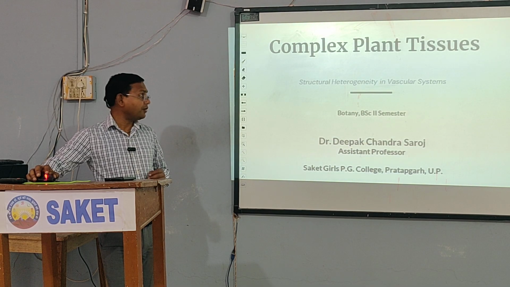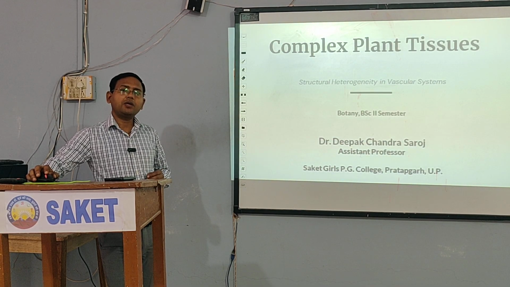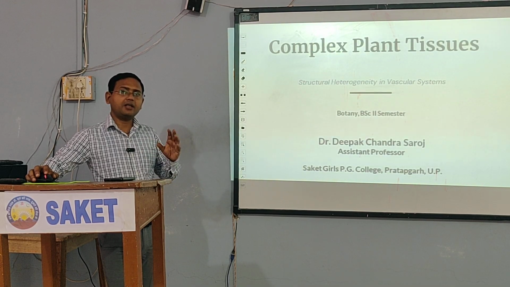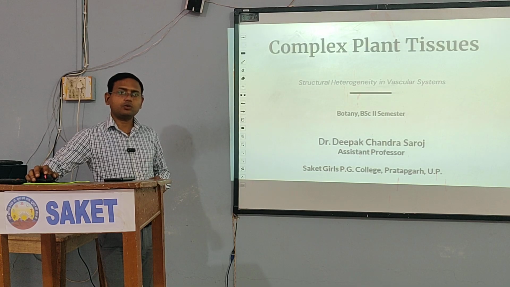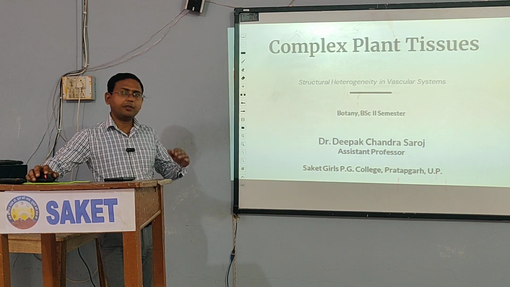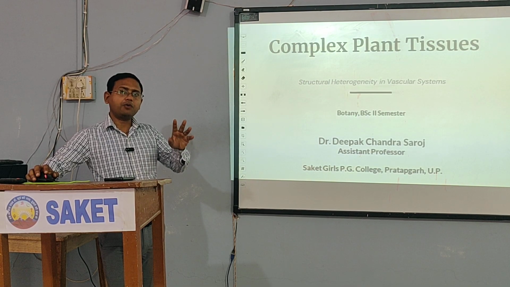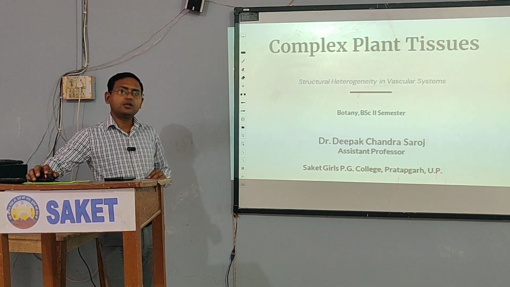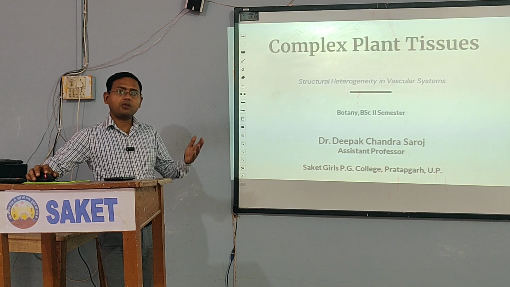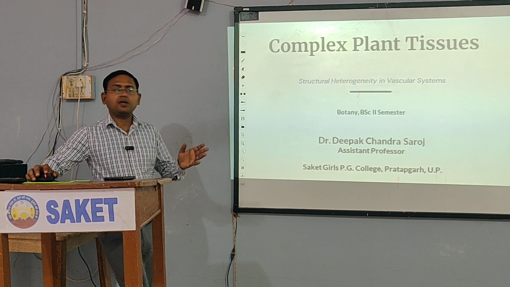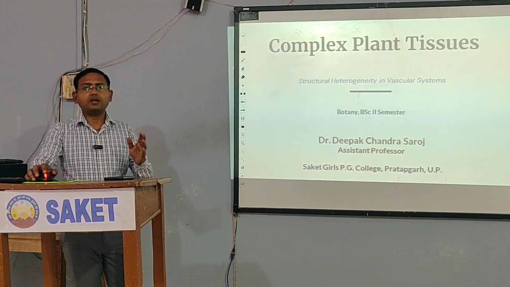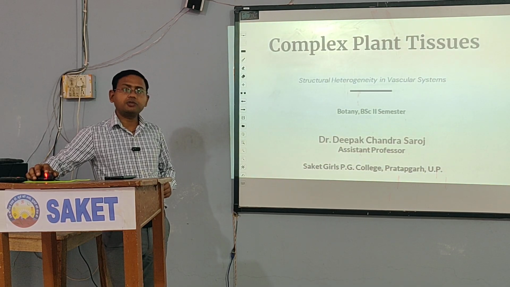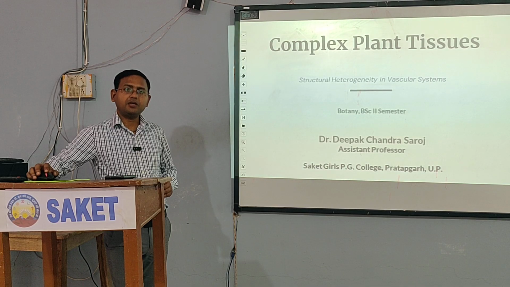And the second type is the collenchyma. Collenchyma has thickening at their corners, so they have uneven thickening and they provide tensile strength to the plant. They are mostly found at the petiole where the leaf or fruit is attached to the stem or the branch of the plant, so that due to storm or high wind, the leaves and the fruits do not fall easily. And the third type of simple permanent tissue is the sclerenchyma.